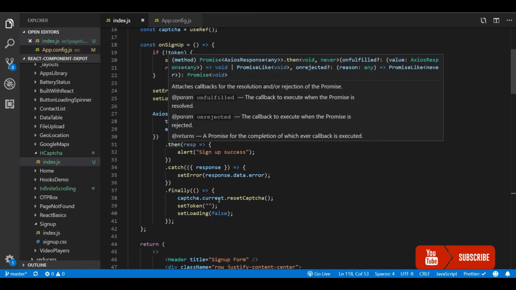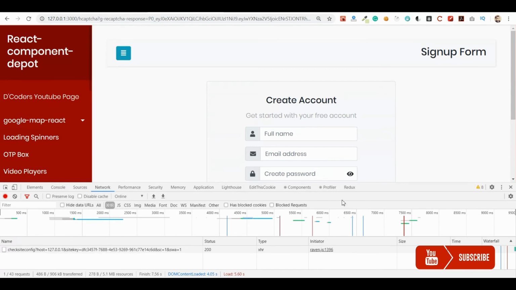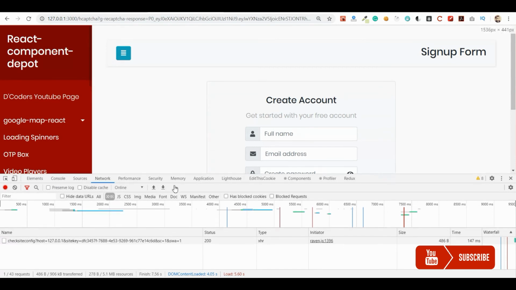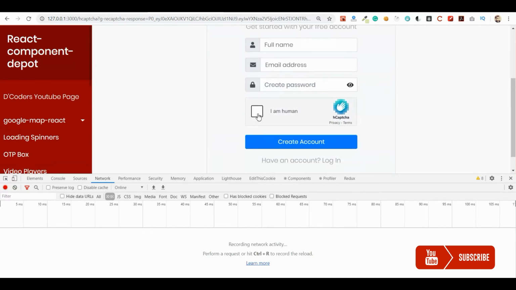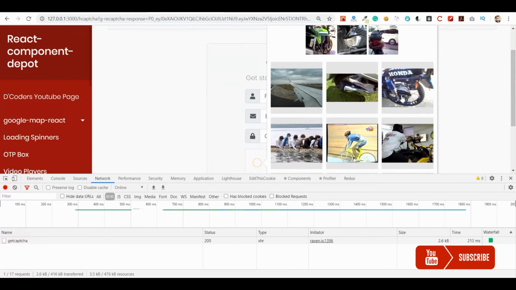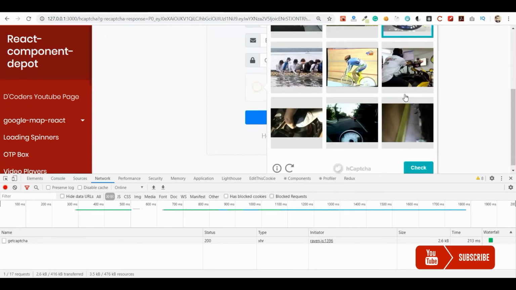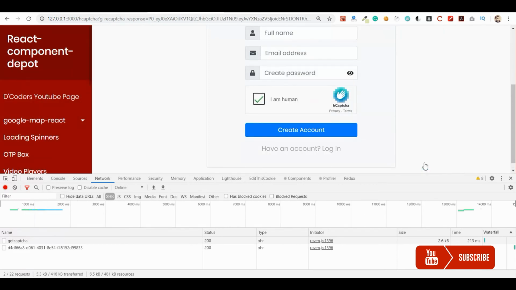So let's go and check this. I'm going to clear it, and I'm going to verify this token again. Let me choose the captcha. Okay, I'm going to click create account. It will trigger the API.